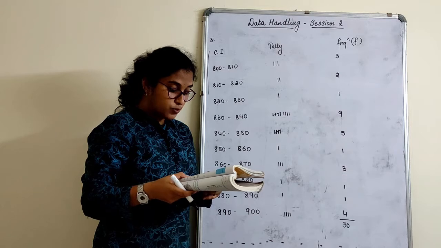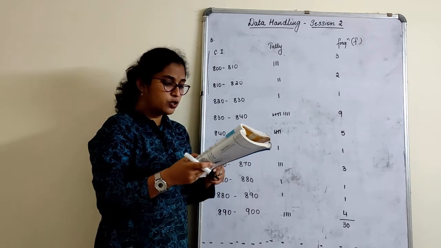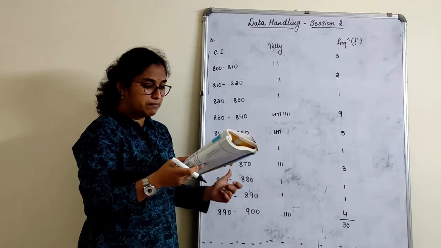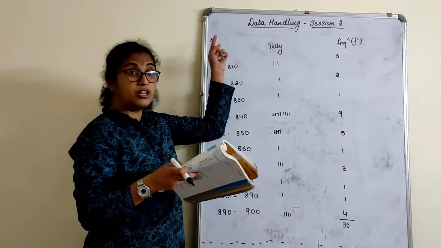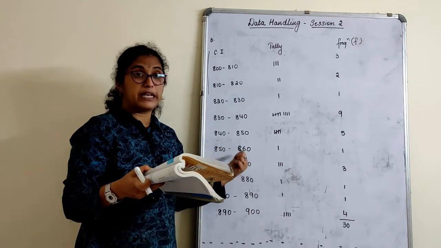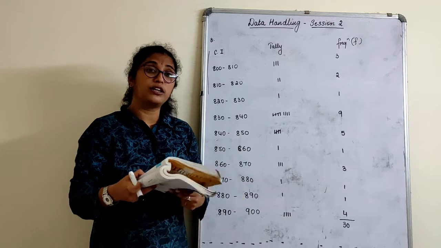Now look at the next one, the fourth one. I am not going to erase this, because the question is: draw a histogram for the frequency table made in question 3. That is this question only. This is question number 3, right? The fourth question is based on the third one. What we have done already is here. For that we have to draw a histogram.